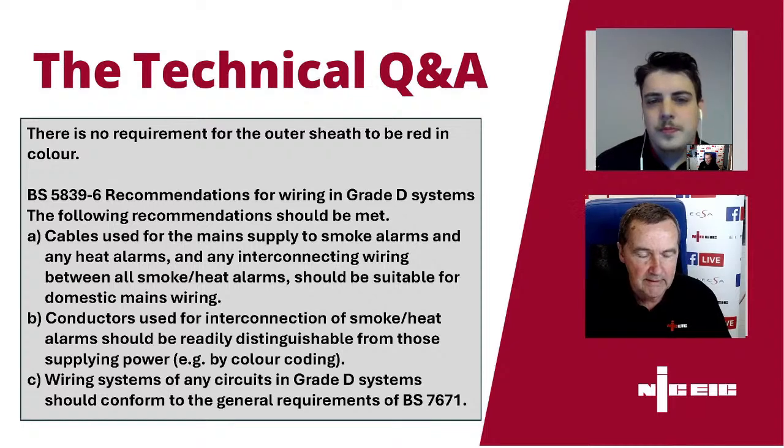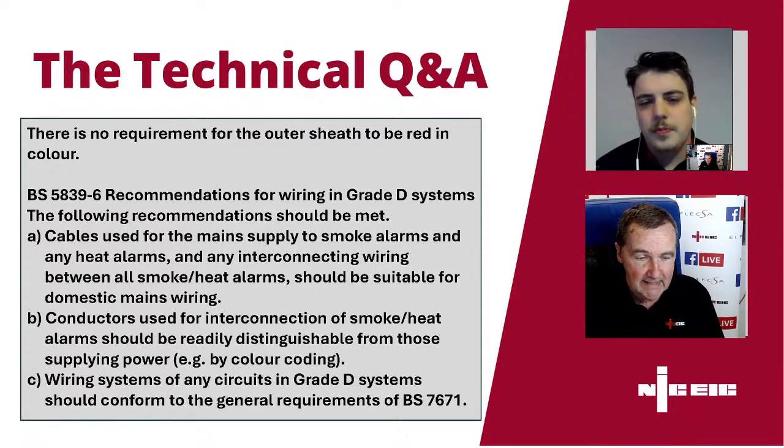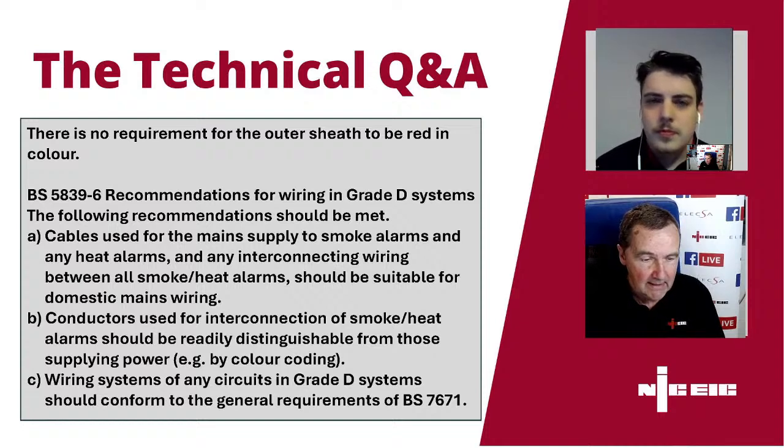There's no requirement. Within 5839 it specifically talks about cables for the mains supply and smoke alarms and any heat alarms. Interconnecting wiring should be suitable for the domestic mains wiring, so twin and earth would satisfy that. Conductors used for interconnection of smoke and heat alarms should be readily distinguishable, so that can be done with sleeving of the cores, and then wiring systems of any circuit in a grade D system should conform to the general requirements